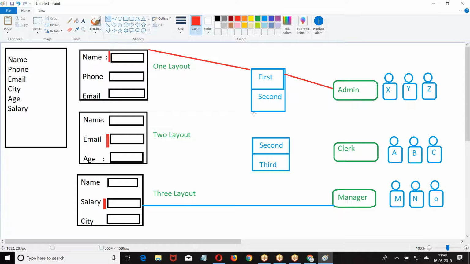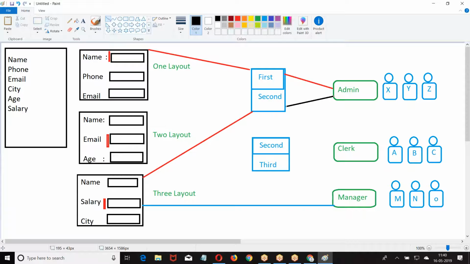Admin profile opening with record type 2 is opening 3 layout. So this profile opening with record type 1, record type first, this is the page which is opening. If this profile opens with the record type second, this is the page load which is opening. Then for the next one,